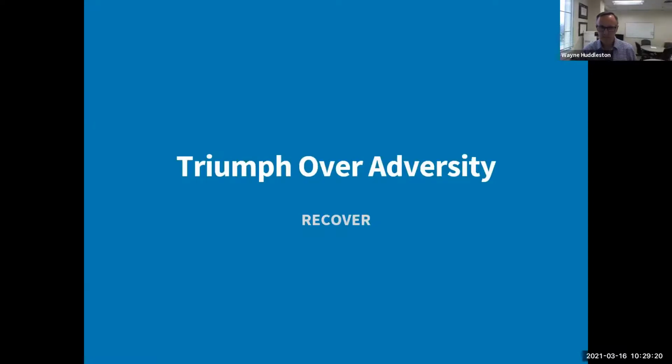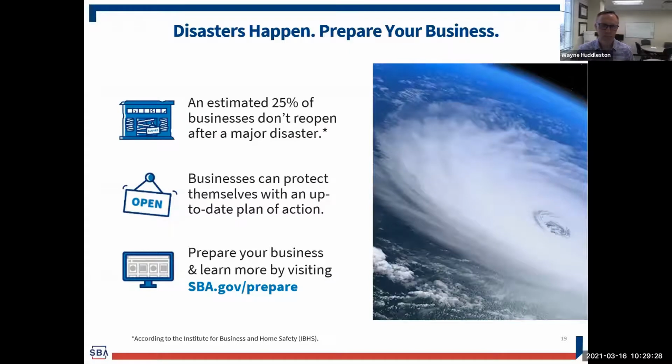sba.gov/exporting. And then finally, one of the areas that unfortunately most of us here in Virgin Islands are very aware of is our programs to help in times of a disaster. So it is estimated that 25% of businesses do not open after a major disaster. So we provide a number of tools to help not only reopen after disaster, but also be prepared before disaster comes. If you visit our website,